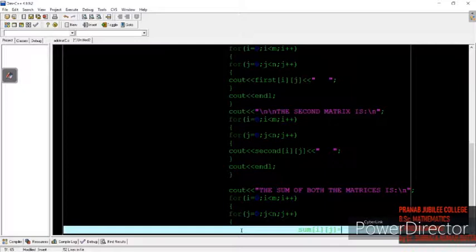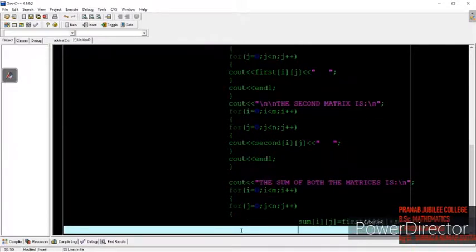It will store the value of the first matrix's ij added with the value of the second matrix's ij index, right? This is the main thing, where the addition is happening.